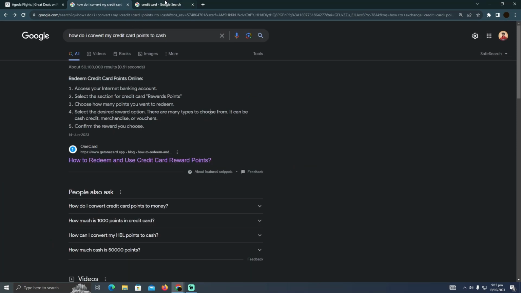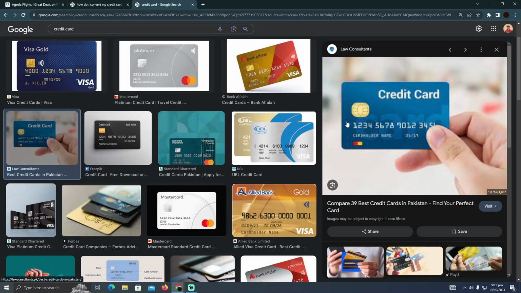So how can you pay with your credit points? The process is pretty simple. You just need to open up the banking app of the company whose credit card you're using. After that, you have to go to the rewards points and you can redeem them for an amount of money. After that, you will easily be able to book a flight using your credit card money, which is actually